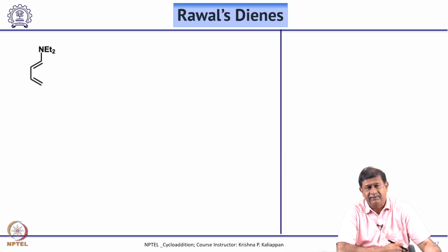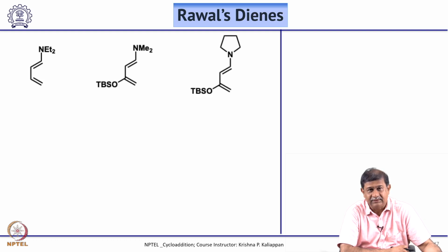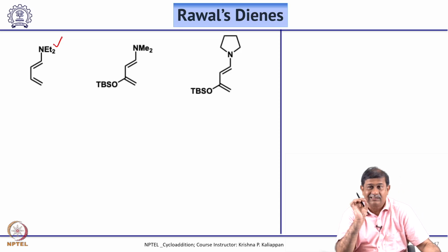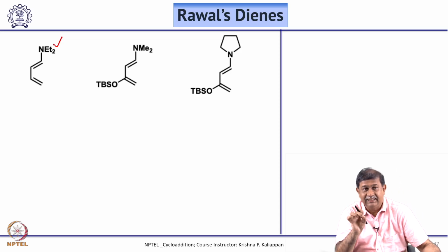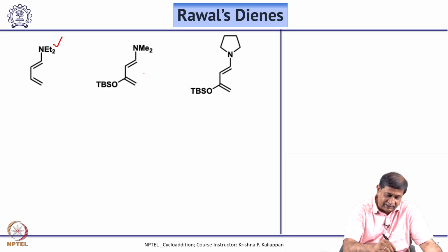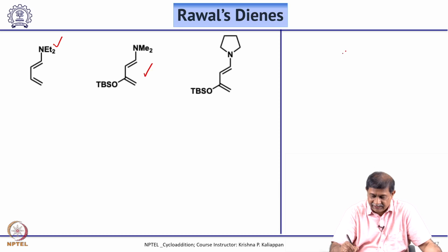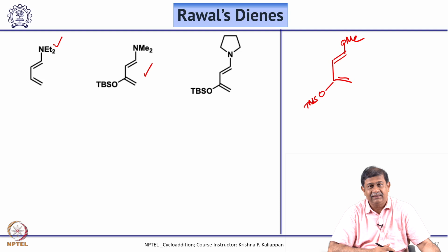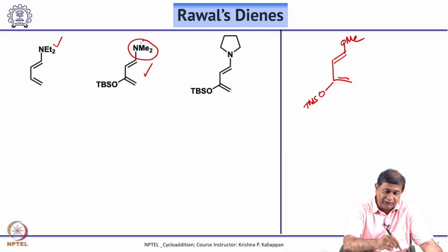Later, Rawal from University of Chicago modified this and made a slightly better diene, where instead of OMe what you have is a diethylamino group. OMe is replaced by a better electron donating group, that is diethylamine. In the case of Danishefsky's diene, you have OMe at carbon number 1 and OTMS at carbon number 2. So, what Rawal did is he replaced it by NMe2, a better donating group, and also instead of